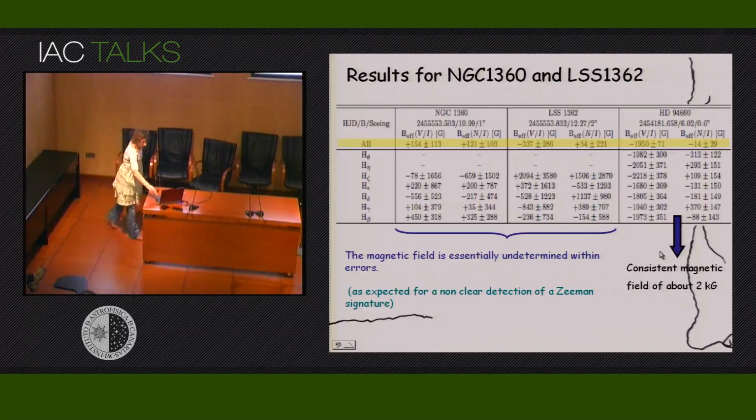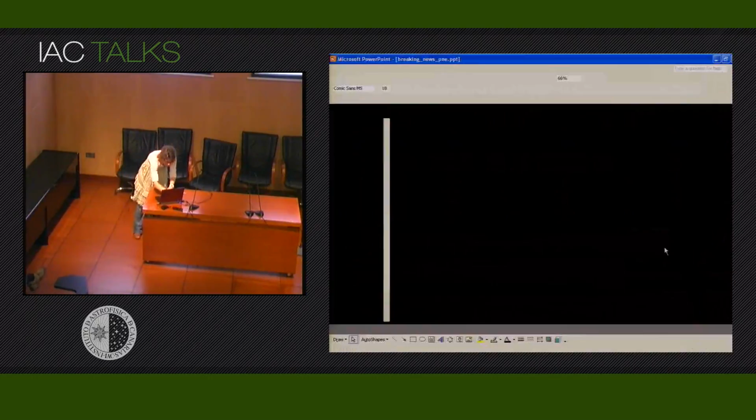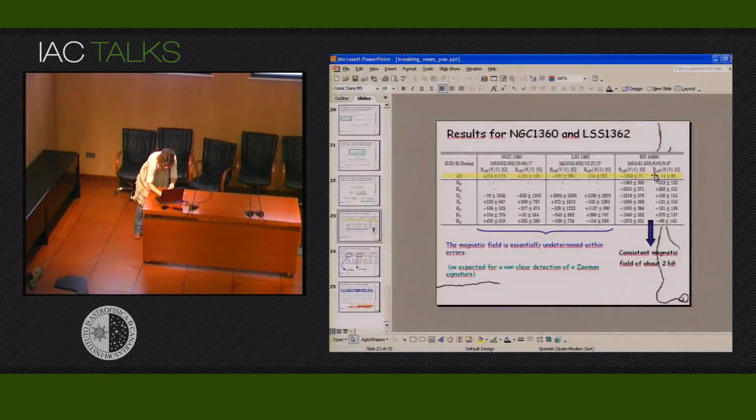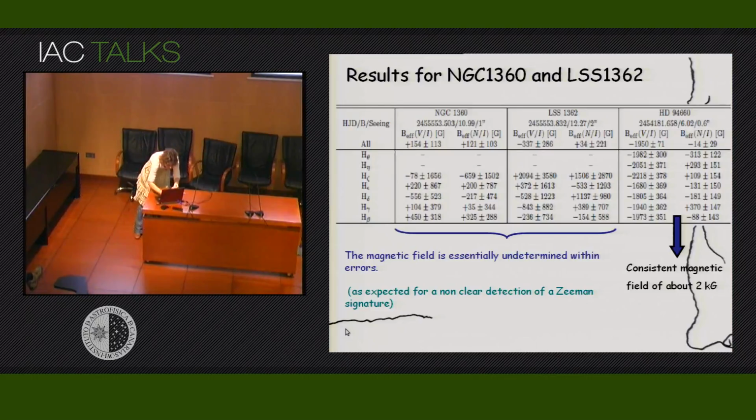These are the results for individual spectral lines in the two planetary nebulae. This is the result for the Stokes V and for the null spectra. The same thing: we got different results for different spectral lines, but they are consistent with the error